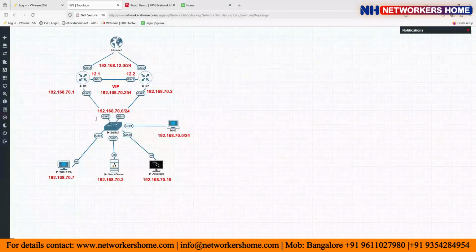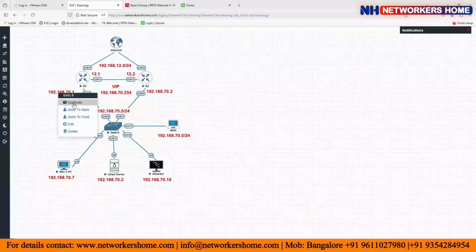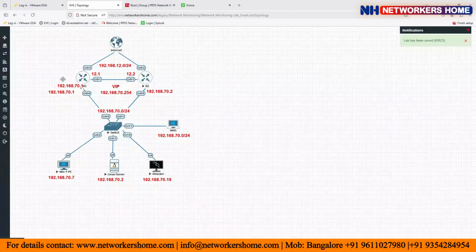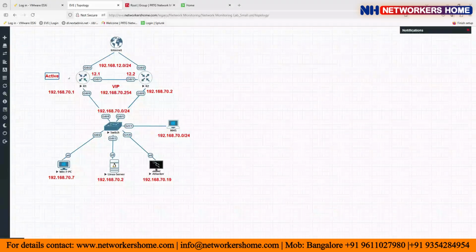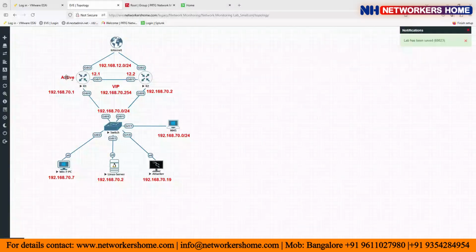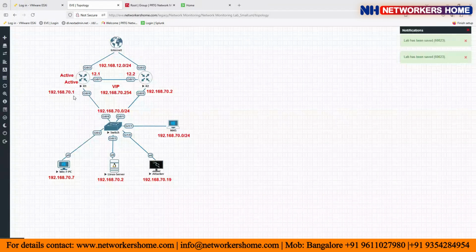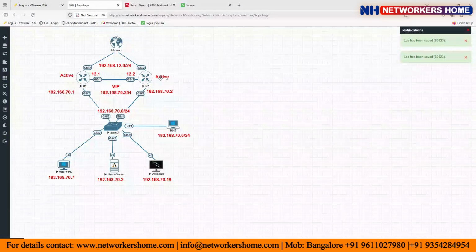Let's say this R1 is acting here as my active gateway. As of now, I have configured HSRP between R1 and R2. Here, this is my active router, which is forwarding the traffic, and on the other side I can configure standby. So what will happen right now? My entire traffic is passing through the active router only. So if I want to see it, I can monitor this interface, Gig 0/0, of my switch,